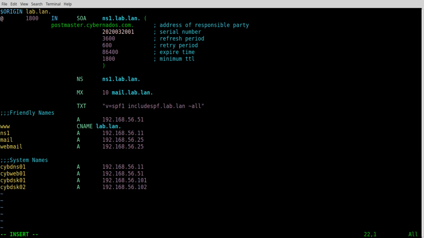And there we're going to go www2 123 A 192.168.56.51. So if you see what we just did there, we just added our new name, www2, which is actually